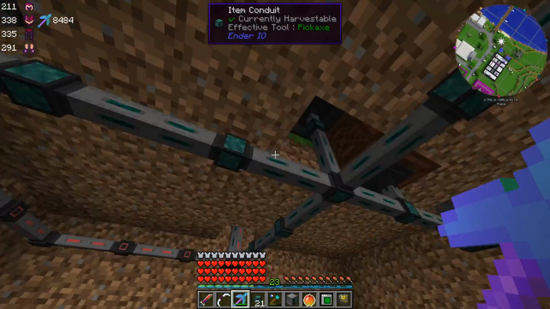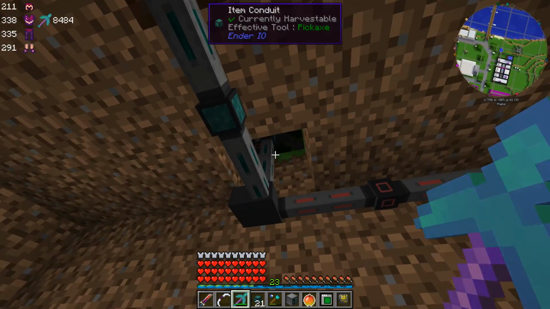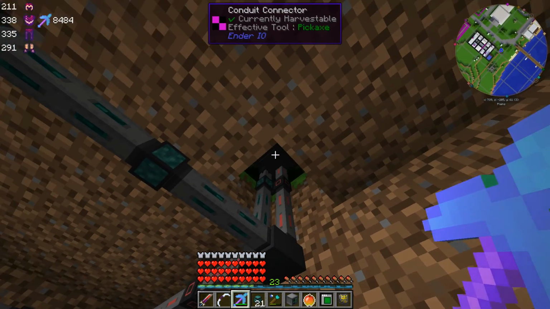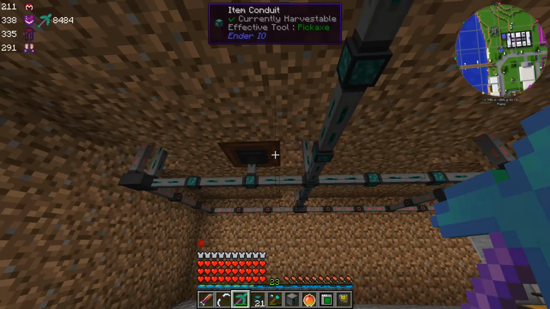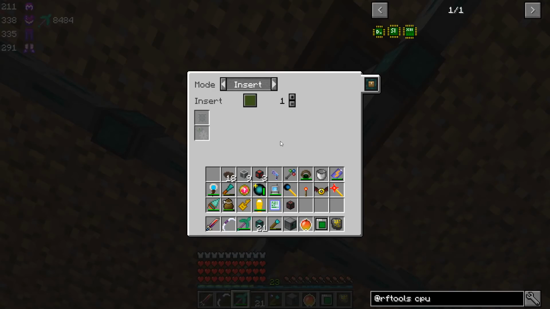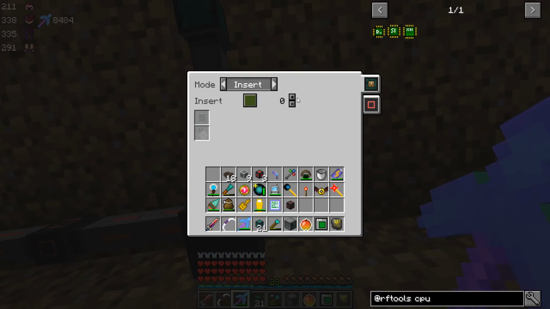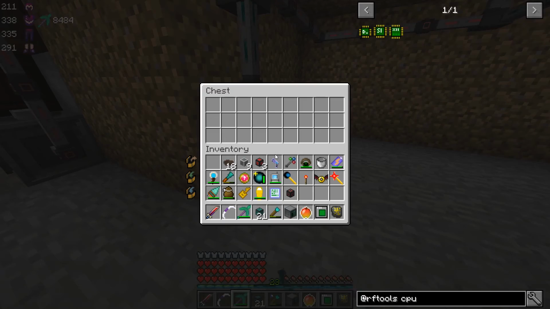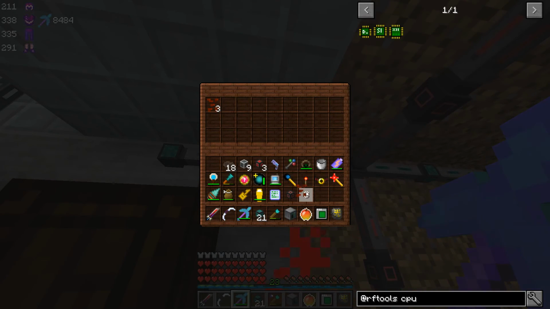So the empowered crystal setup is ready. I've got Ender IO conduits doing a push into every one of these. It's all insert. The one in the center has a priority of 1, whereas the ones on the outside have a priority of 0. So that way, if we throw a crystallized canola seed